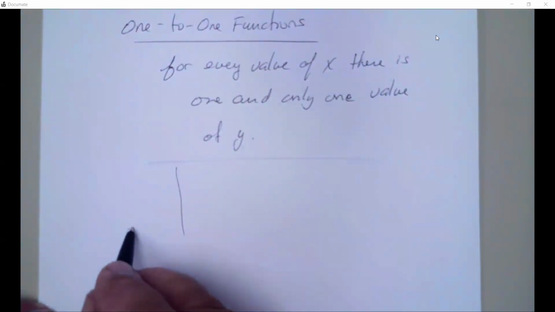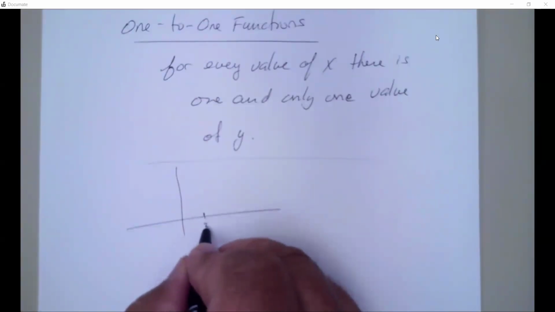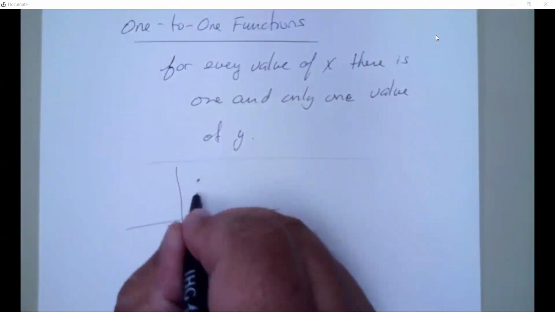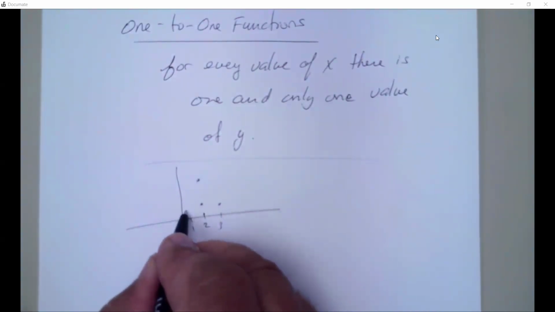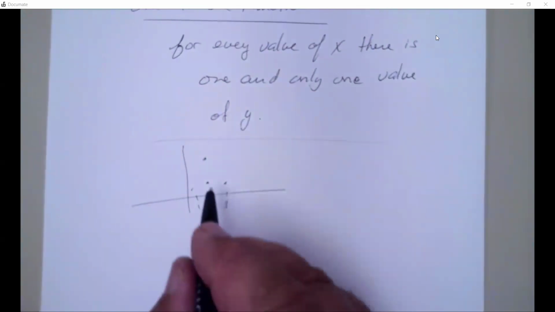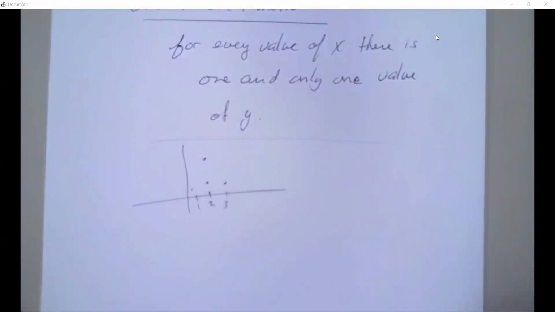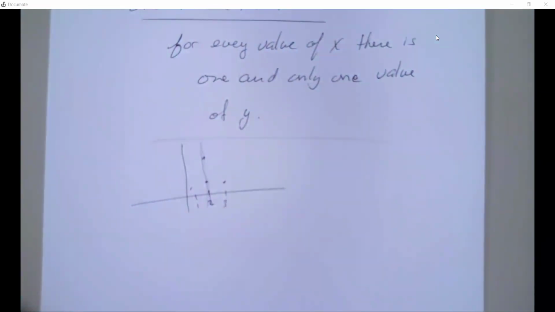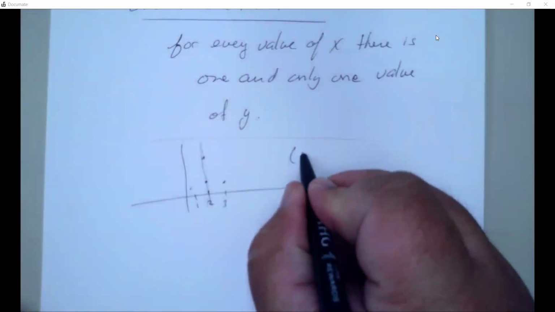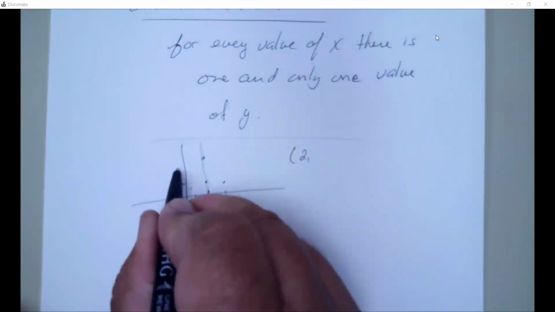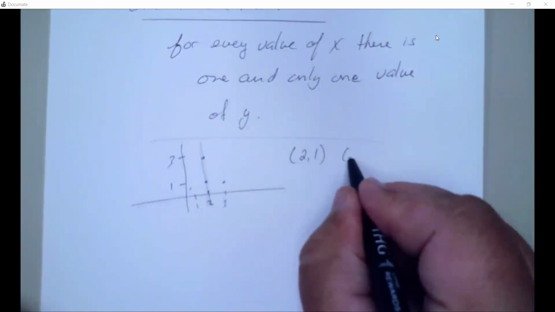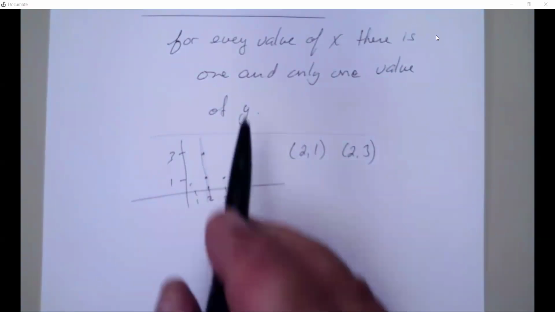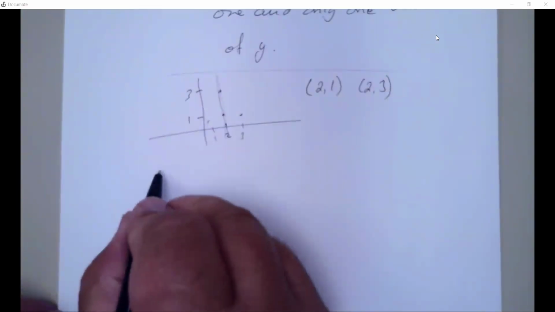So if we drew a graph, this is not one-to-one because this x has more than one value to it. In other words, I have (2, 1) and (2, 3). They're both members on the graph. In other words, if I give you a series of points,